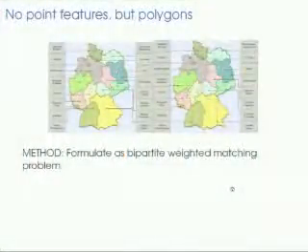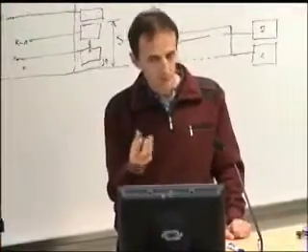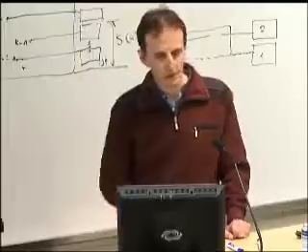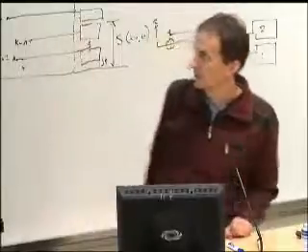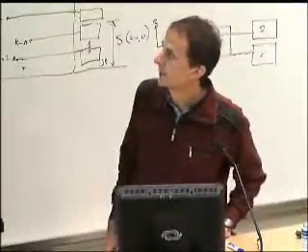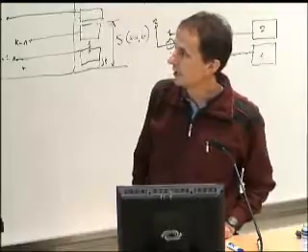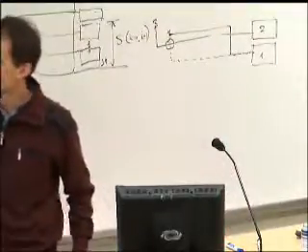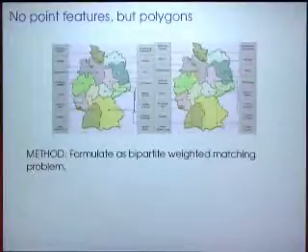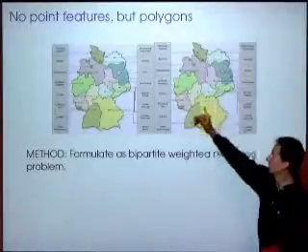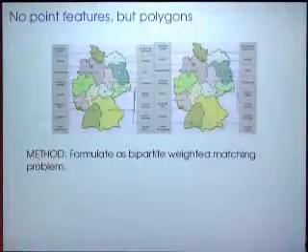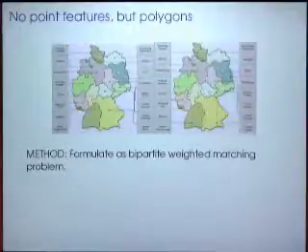Okay. Another more general scenario is that you don't have points, but polygons, if you want to label some regions. Like this is Germany now. And what we do here is formulate it again as a bipartite weighted matching problem, and we abstract such a complicated region by a large rectangle, and allow the point to be somewhere on the boundary of this rectangle.